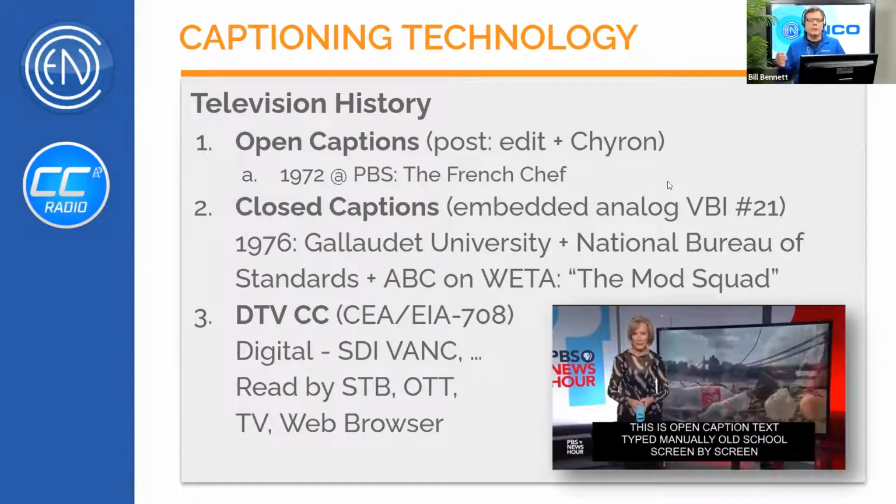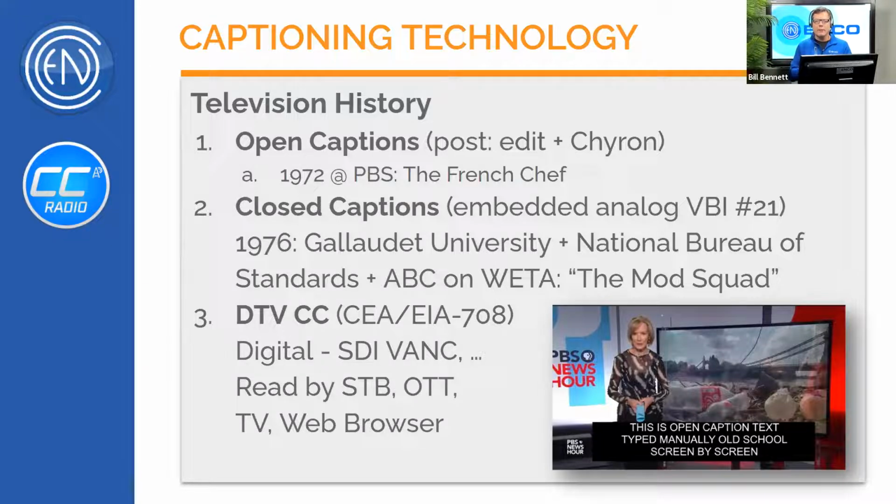Television originally started with captions way back on PBS, in fact, 1972. The French Chef was captioned in post-production. So it was a recording that literally, on, let me guess, 3/4 inch tape, or no, 2-inch tape, would record or play back a little bit, take the words that were said by someone, type those few lines into a chyron, and then rewind the tape and apply that as a lower third graphic, and then let that rest until the sentence or sentences are done, and do it again and again. Very arduous. Those are called open captions, burned onto the video permanently. You can't take them off.